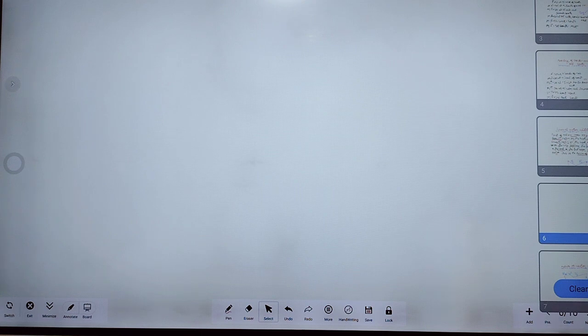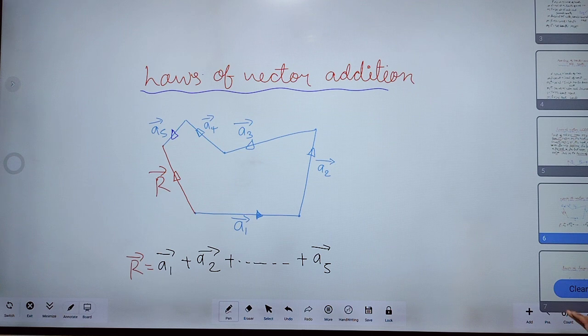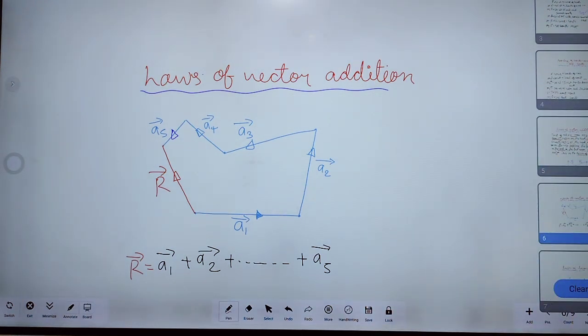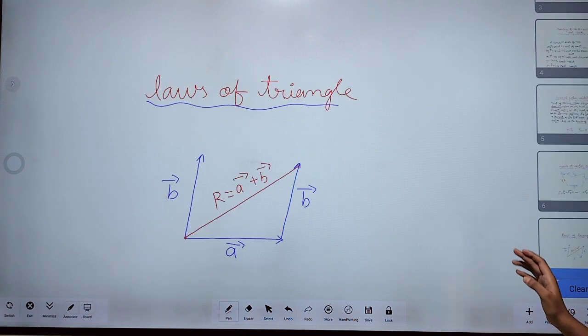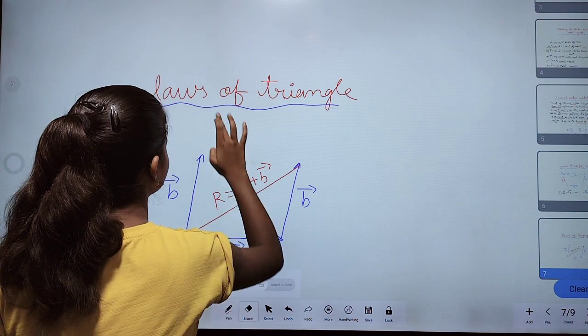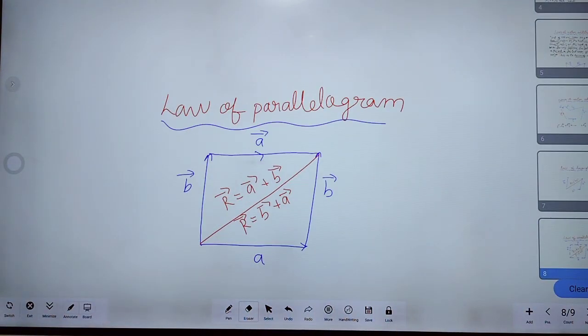And after that we saw the laws of vector addition, the law of triangle, and the law of parallelogram. Okay,